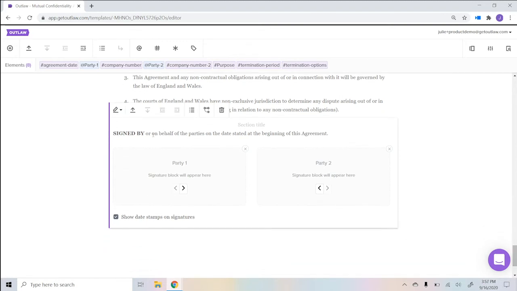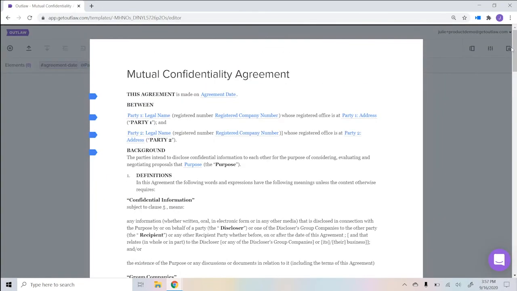Now, it's pulling from the fact that it already knows that we've got two parties, one called party 1 and party 2. If I had not created these elements prior to adding the signature field, I would have added essentially a blank signature field, so they are dynamically connected. So once you've created one or more party elements in your template, your signature field is good to go. Once again, checking that in the preview feature,